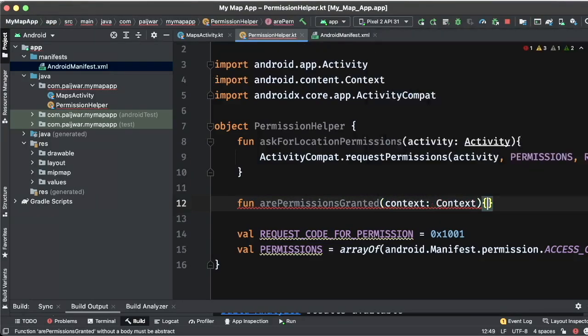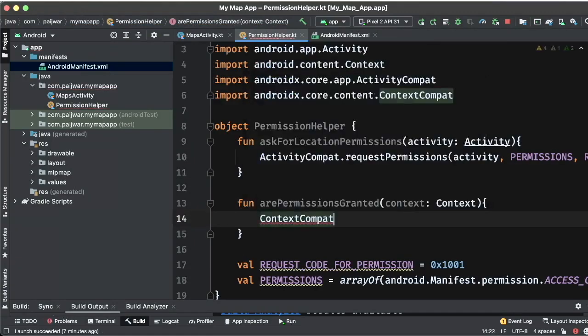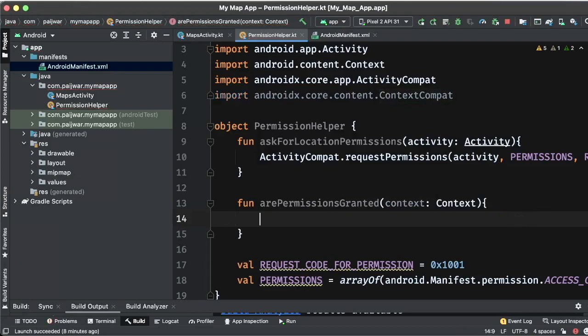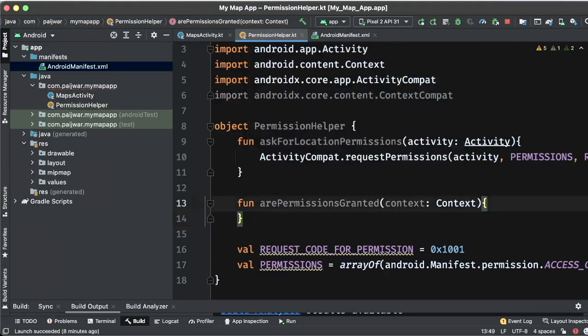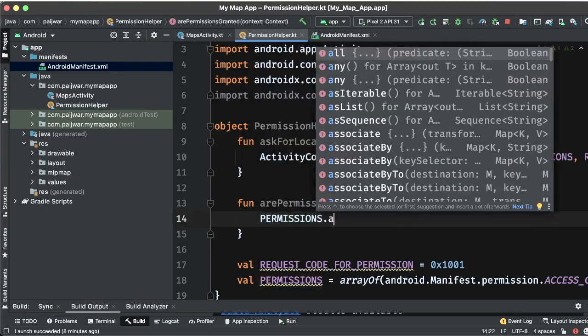And how do we check this is ContextCompat.checkSelfPermission with the context, and then basically we can do something like this, because these are the permissions, so permissions.all,